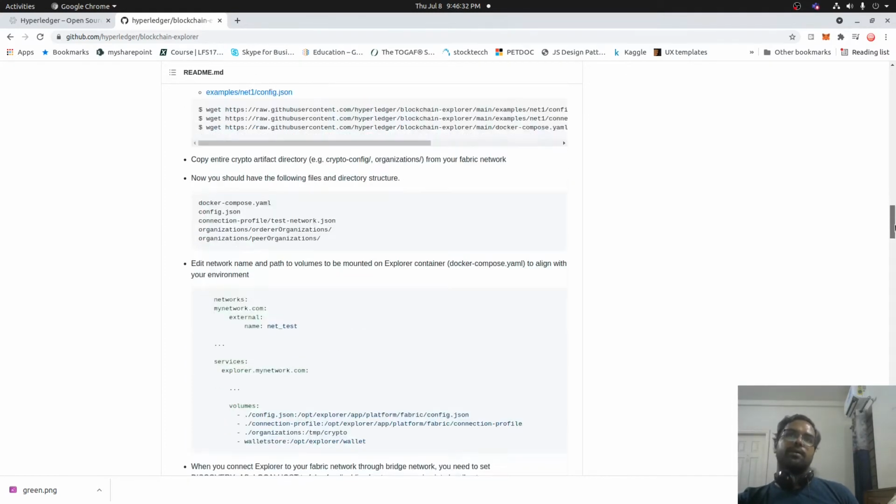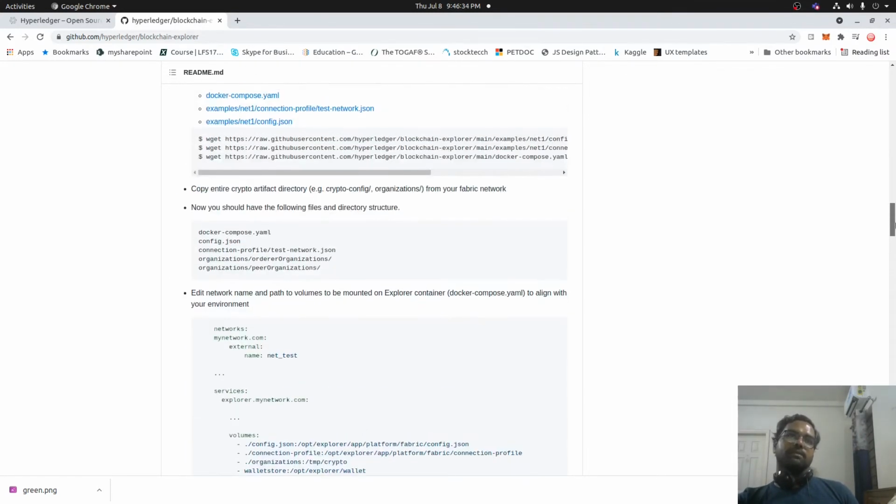Okay. So I'm just going to follow the same steps, but one small thing: this README or these instructions are a bit old. You may need to do some minor changes here and there to ensure your application is actually running. Okay, so I'm going to help you out with that. Do not worry. Okay. So what I'm going to do, I'm just going to keep this page as it is.